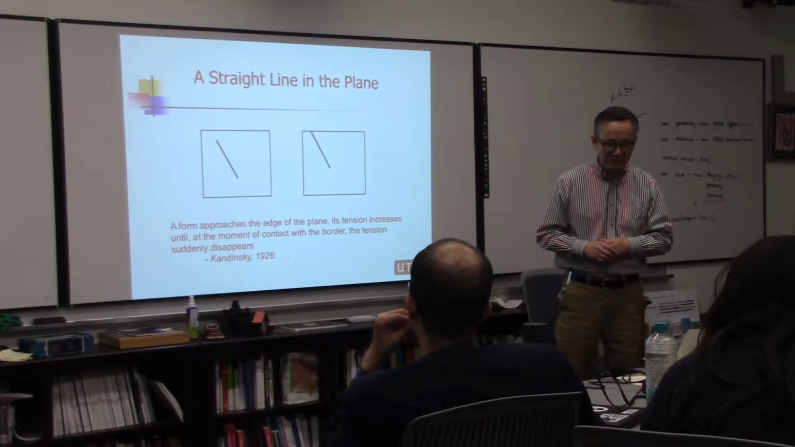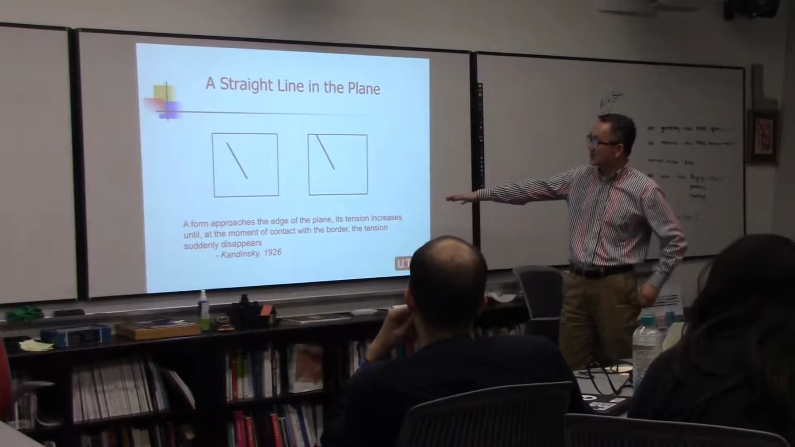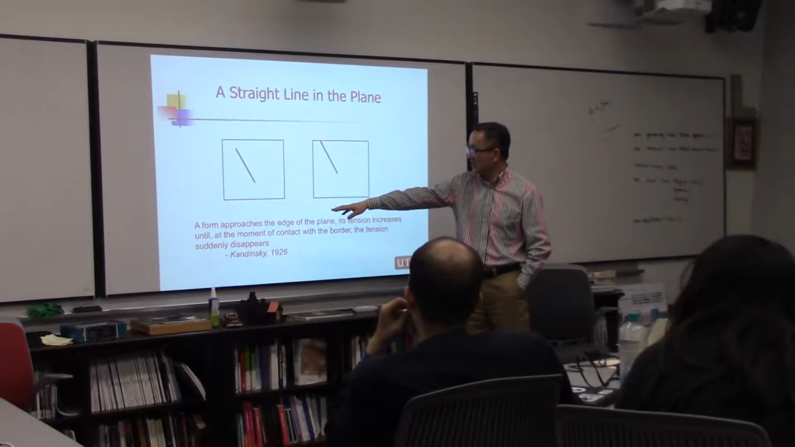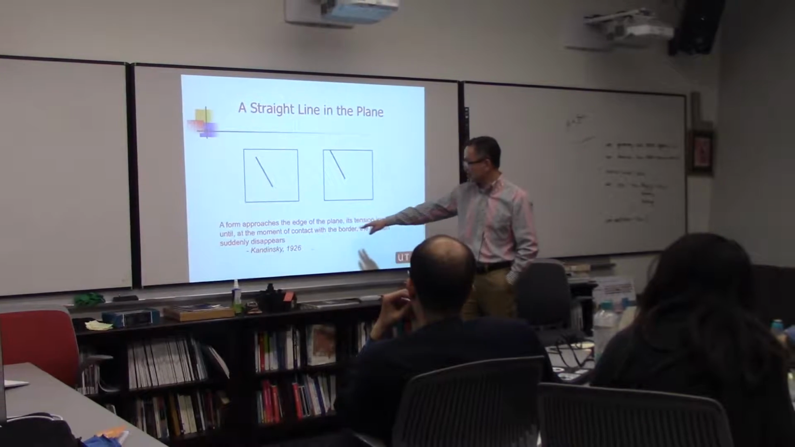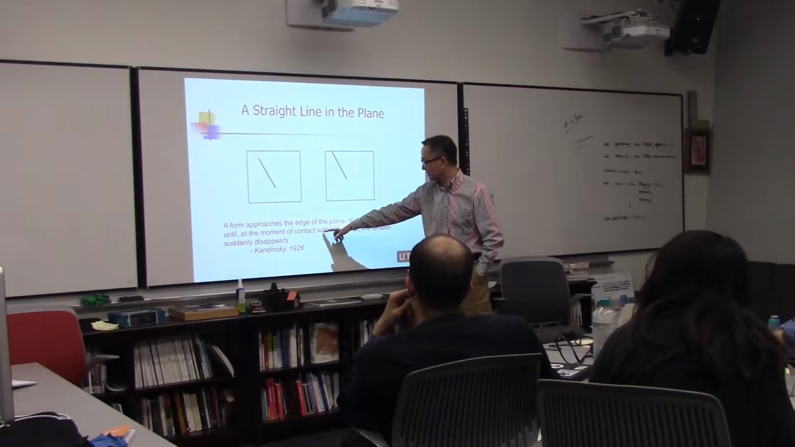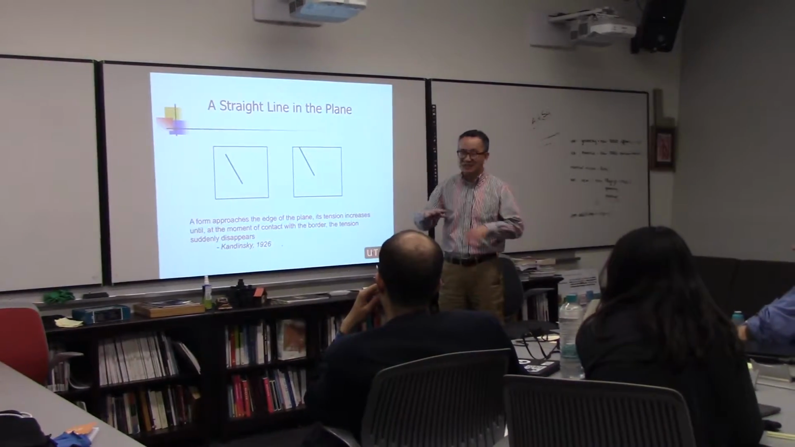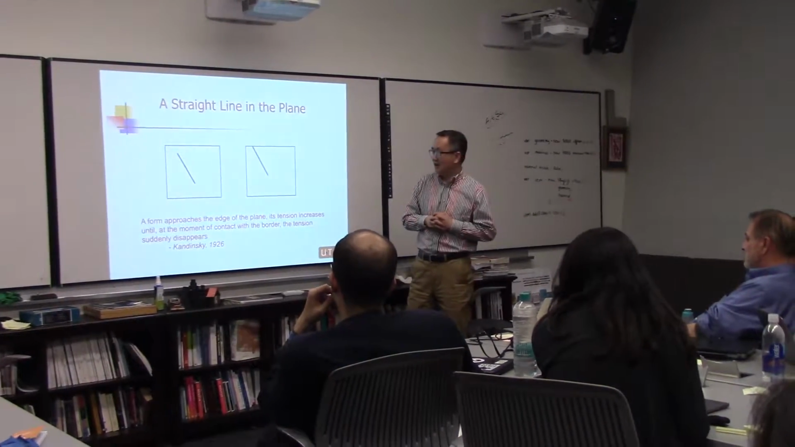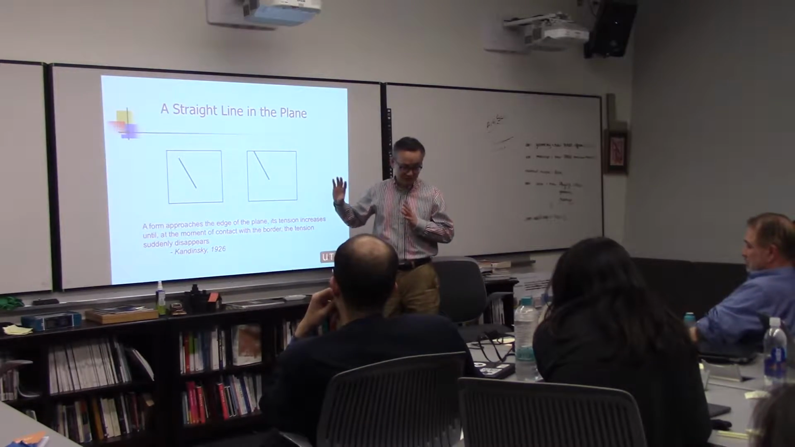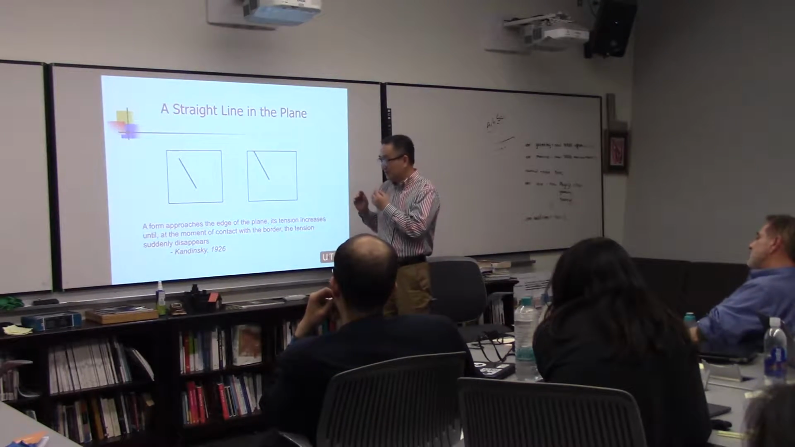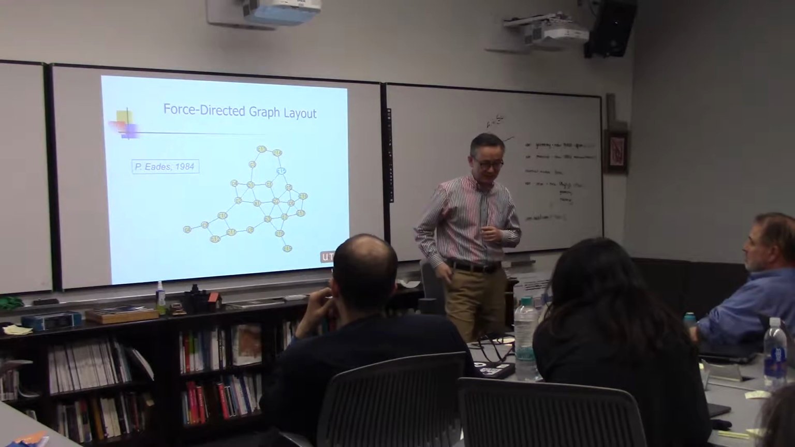So a straight line in the plane, according to Kandinsky, is a form that approaches the edge of the plane and its tension increases until at the moment of contact with the border, like this one, the tension suddenly disappears. You see, this one has tension, but this one doesn't have any tension anymore. Very interesting, because in graph drawing, that's exactly what